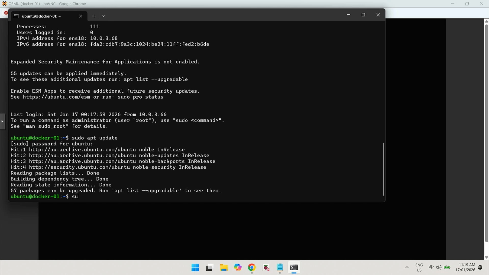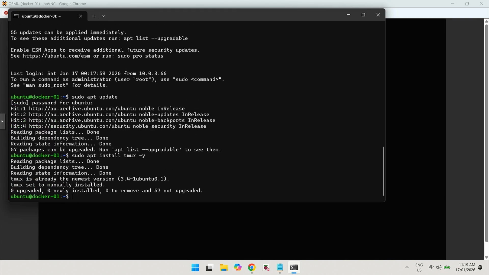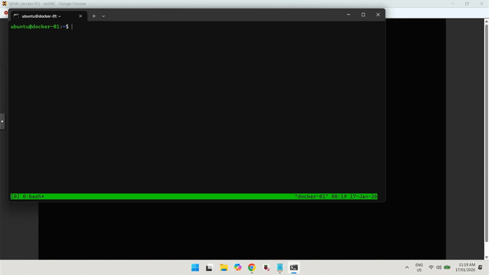tmux. Tmux, and answer yes so that it doesn't ask me any questions. It's already installed, great. So I'm going to open up a tmux session. Tmux is a terminal multiplexer. What this does is basically it runs on the host, not on your operating